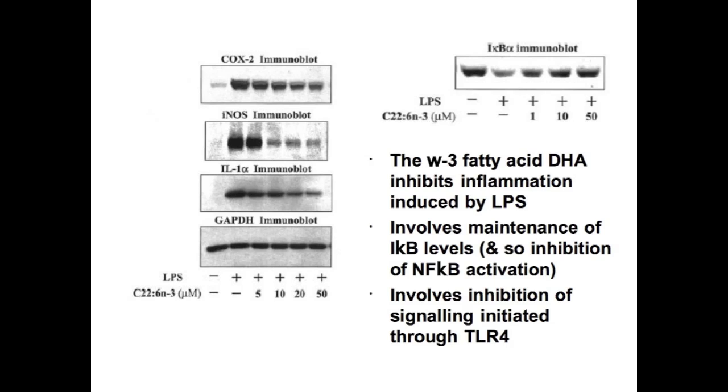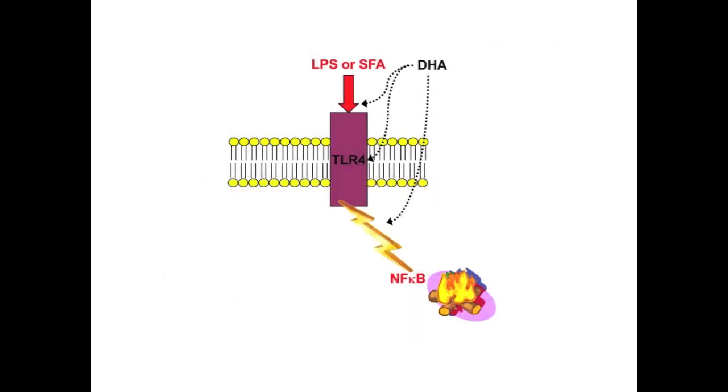So in culture you can make cells have an inflammatory explosion, and you can prevent that by exposing them to omega-3 fatty acids. And in this study, to cut to the chase, the effect of both DHA and EPA was shown to involve an interference in this process here. Okay, and people are very interested about that.